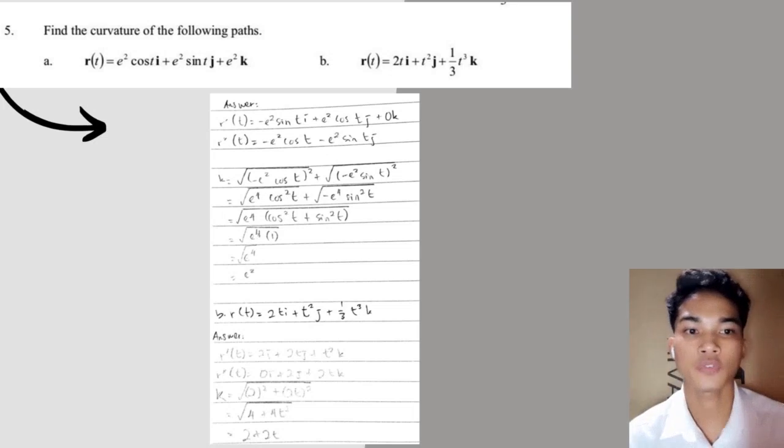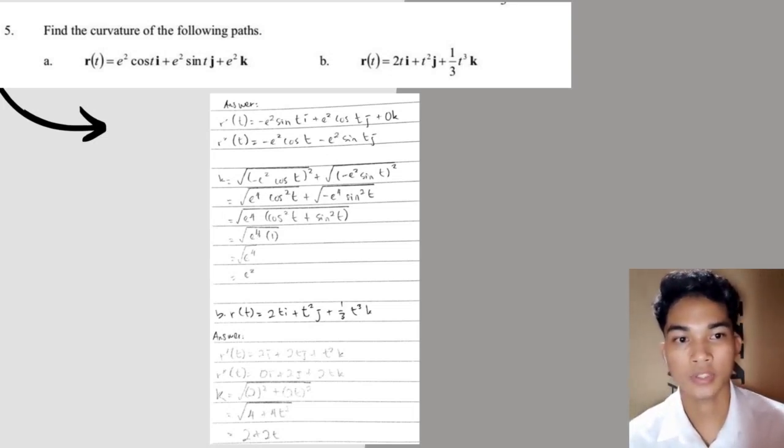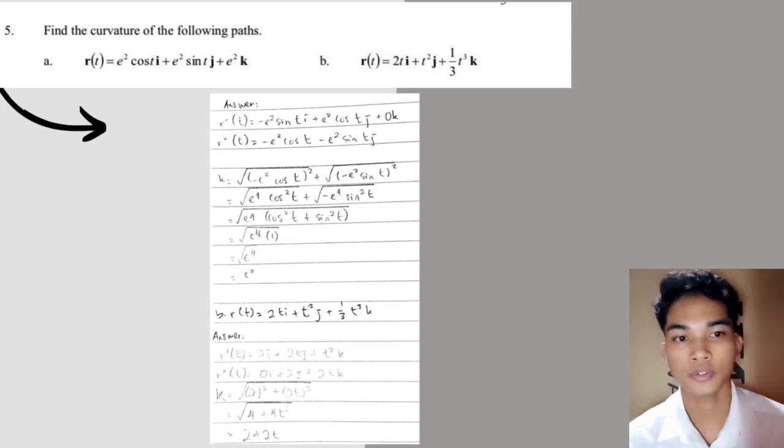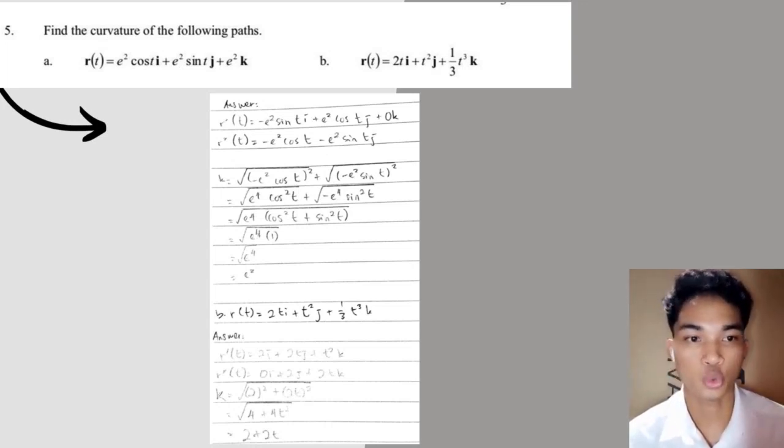Then we have to find for the k. We will get square root of (−e^(t²) cos t) to the power of 2